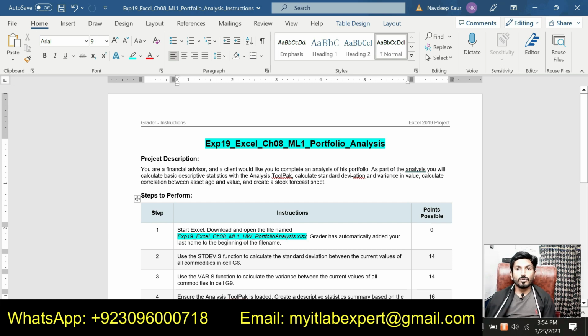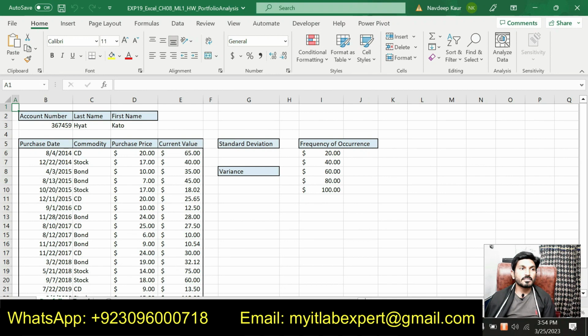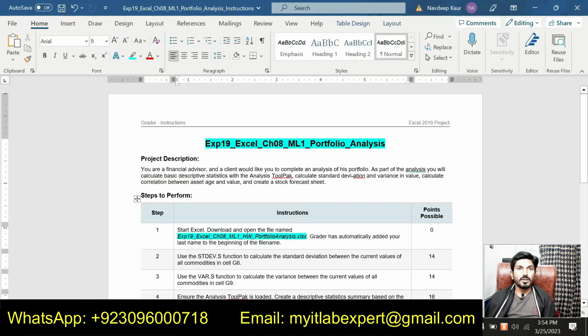I have already downloaded that file and I have shown you that file. This is the file where we are supposed to apply all the steps given in the instruction file. So we will follow these steps and then we will make this assignment in the final form. So our step number 2 is